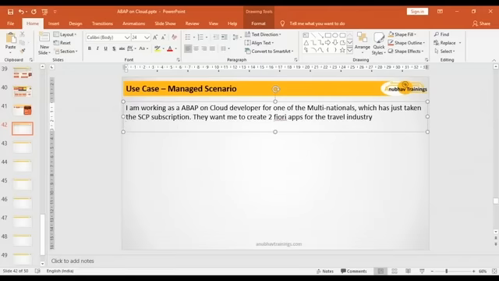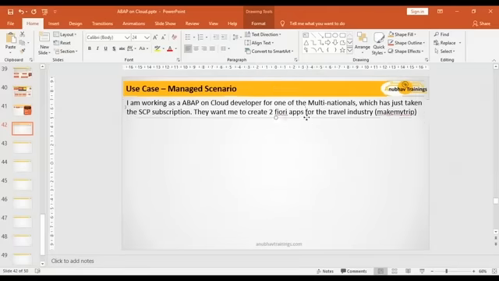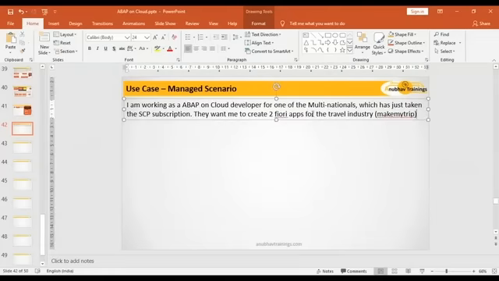Okay. So I'm working with one of the multinational companies. They are dealing in the travel industry. Let's name this, let's say, Make My Trip. So working with Make My Trip, and now this is the company which is responsible for doing different bookings for a travel. And now we want two Fiori applications. Okay, let's understand what are all these two Fiori applications. The first Fiori application, what is the responsibility? Okay, so in this first Fiori application, which I call a processor application,